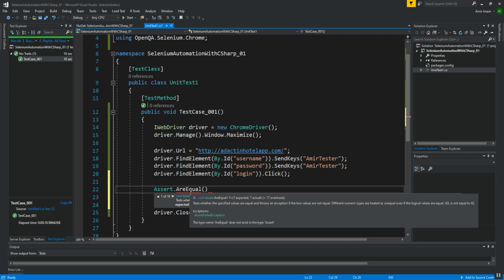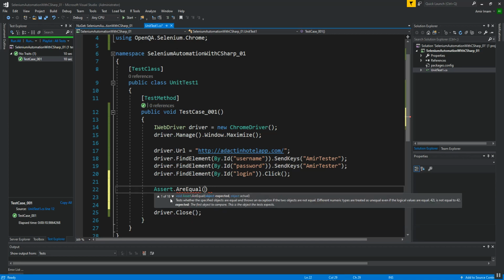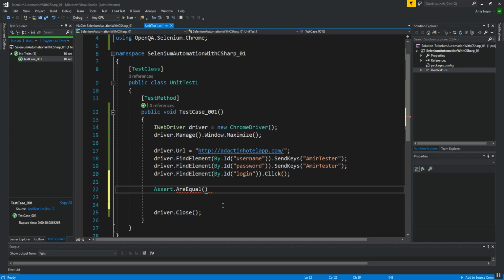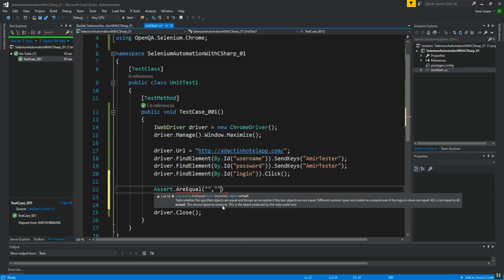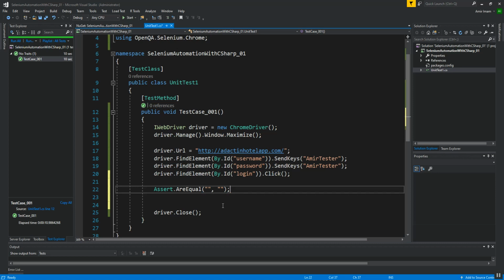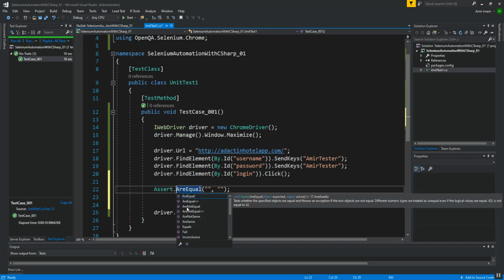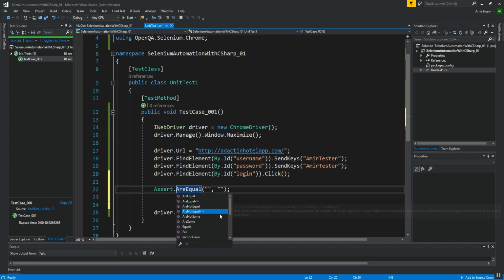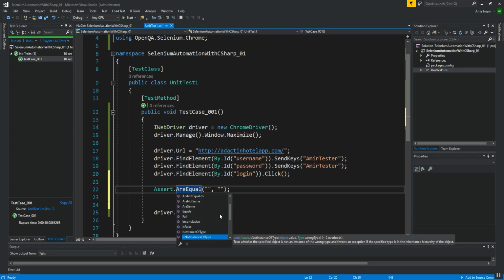As you can see, there are 18 overloads present of different types. We will use the basic one, in which the actual and expected result are compared. Assert has different methods, like AreEqual, AreNotEqual, AreNotSame, AreSame, Fail, Inconclusive, IsFalse, IsNull, IsTrue, and some others.